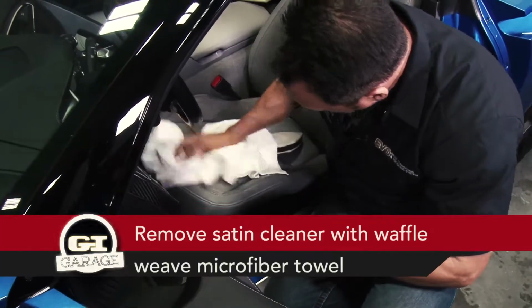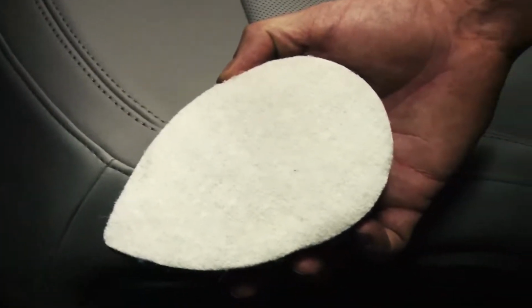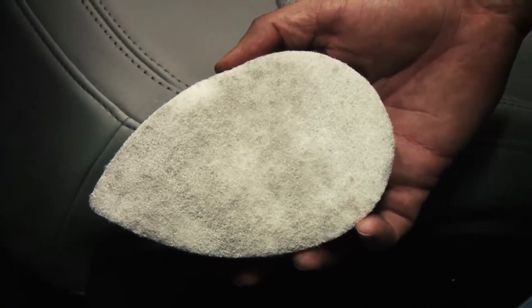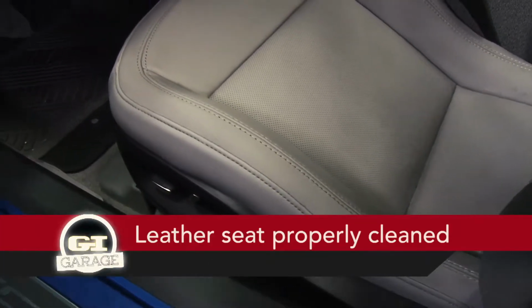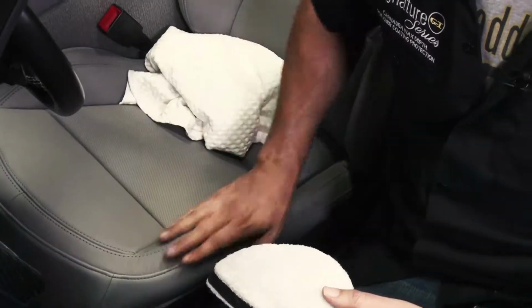And as you can see, I'm going to go ahead and remove the cleaner off the seat. Now, if you look at the sponge, you can actually see all the dirt that came off this leather seat, and this is a brand new vehicle. You would be surprised: why do I need to clean my seat on a brand new vehicle? Because your clothing, your jackets, your jeans, they carry dyes, and those dyes can transfer to the vinyl leather seat. I rub my hand across it, I get a nice smooth finish, there's no residue, and all the dirt that was trapped in these little creases in the seat is now gone, and I've safely cleaned the surface without damaging